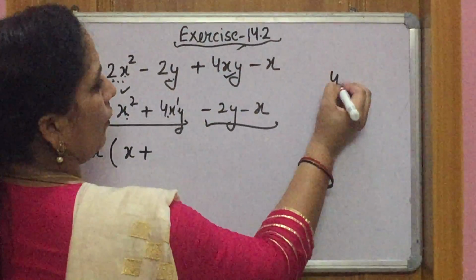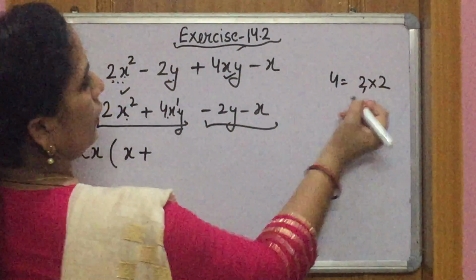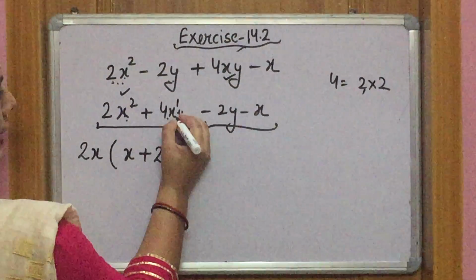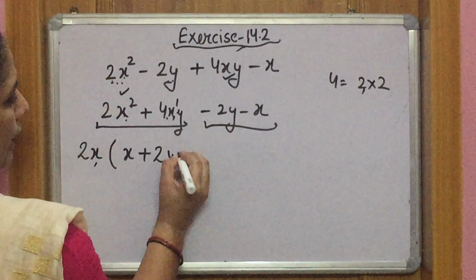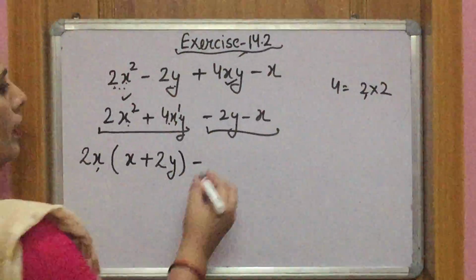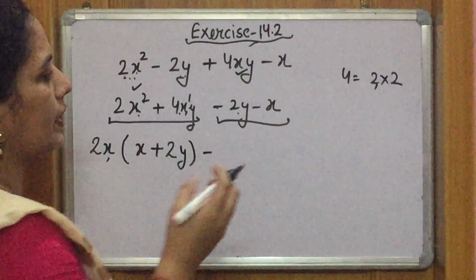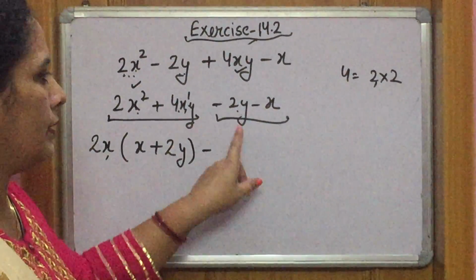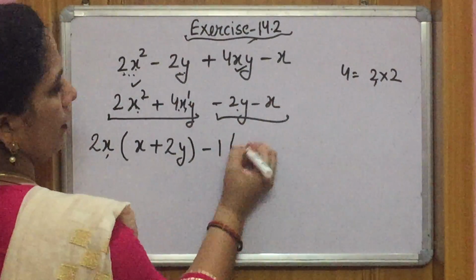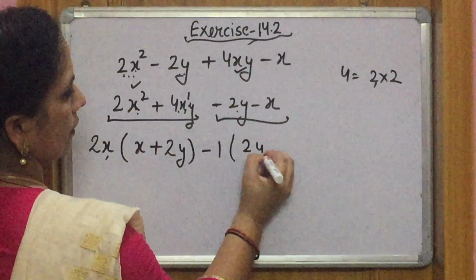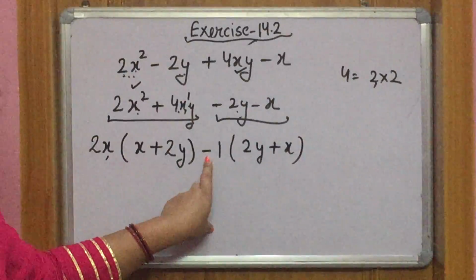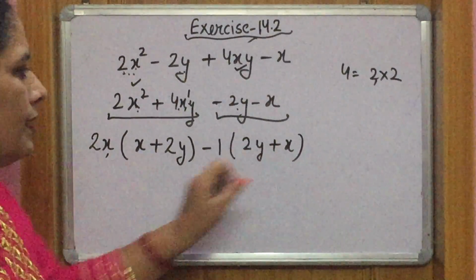We can write 4 as 2 and 2. 2 को हमने बाहर कॉमन ले लिया. That's why we have just here 2x, y. Negative sign is with both of the terms. Here we have not a single term as a common. This is 2y, this is x. That's why we have to write here 1. Outside there we have a negative sign. That's why we have to change the sign.